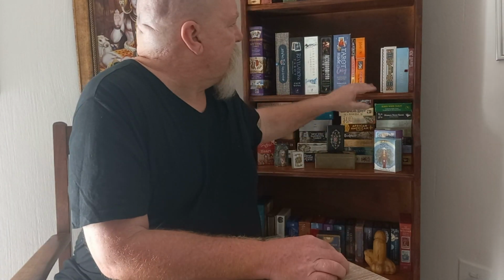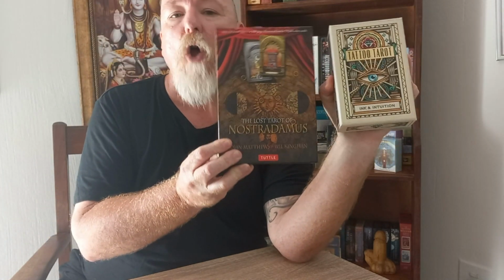And it's also just the way I've experienced it. Maybe it's that thought in my head that has manifested in the difference of reading, because I know that with, say, the Tattoo Tarot, beautiful box, gorgeous, I know that with the Tattoo Tarot and the Nostradamus Tarot, I'm going to get two very different readings. So I expect that, and so the prophecy is fulfilled. Because this is a very easy deck to use. Strangely enough, it's really simple. The cards are simple. It's just a really cool deck to use. But I know for a fact that when I use this, I get a different reading to when I use this, because they're very different